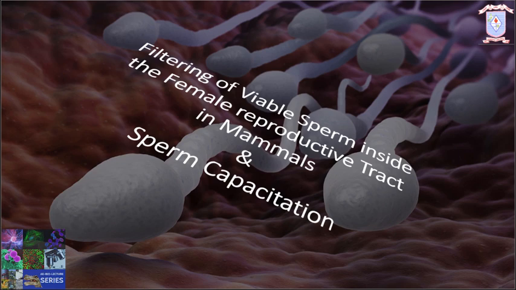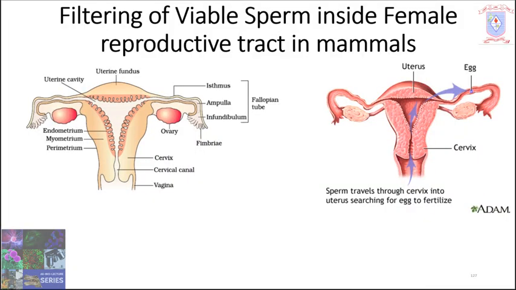Out of this large number of sperm, passage through and into the uterus will be possible only for those tens of thousands of sperm with vigorous progressive motility, morphological normality, and a plasma membrane that is functioning appropriately in response to environmental conditions. So, the filtering process of the female reproductive system for viable sperm is very much advanced and very much functional, isn't it? So we are going to discuss that mechanism.